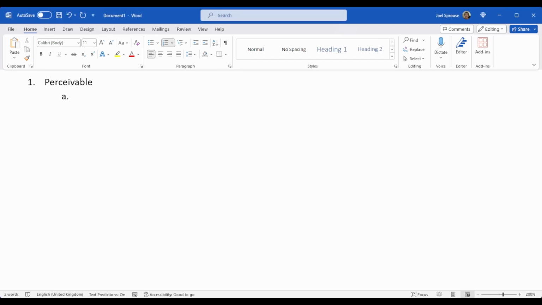So any videos or images that you use, you should have a way of communicating what that media is about to a screen reader, for example, to someone who can't see it. So if you have a diagram, for example, you need alt text to be able to describe what that diagram is showing, because in most cases, screen reading software won't be able to interpret it or read it in the right way.